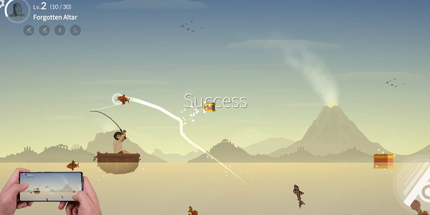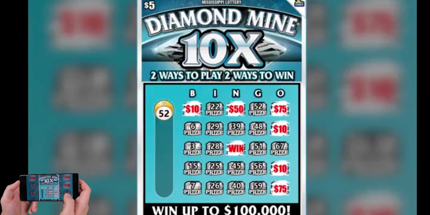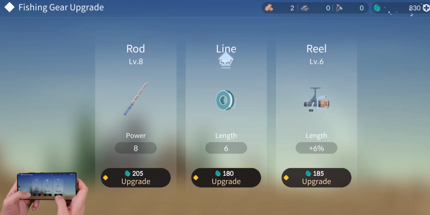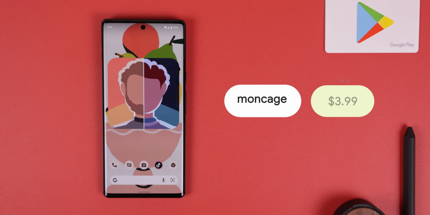The only thing that I see many people complaining about though is that there are way too many ads and the gameplay is extremely slow. But if you're into these sequels that will make you grind in the long run for the ultimate satisfaction, check out Casting Away. Moncage is the only paid game on this list, but it's well worth the cash if you're